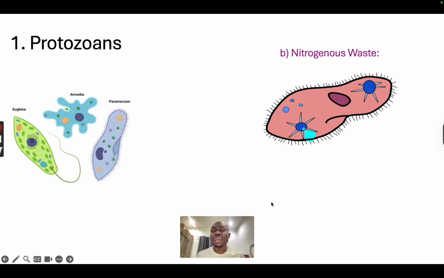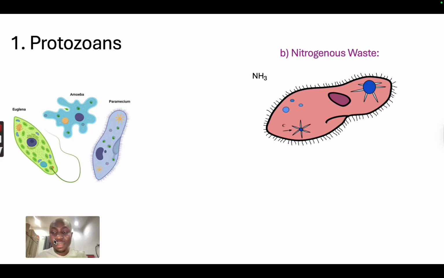Next, how do these protozoans remove nitrogenous waste? So they produce ammonia, okay, and the ammonia can just move out of the cell into the water around them, just moves, okay, from high concentration in the cell to low concentration in the water. But sometimes they can